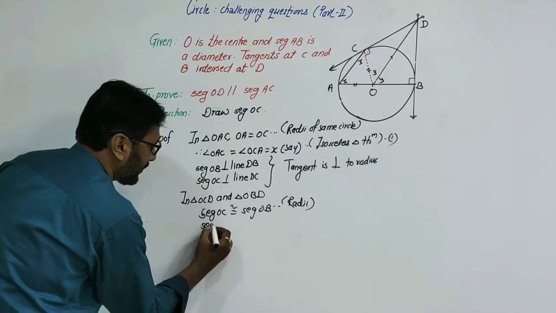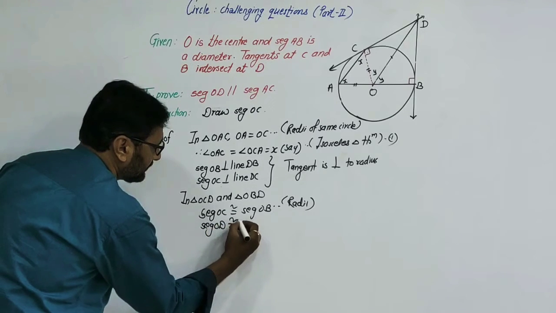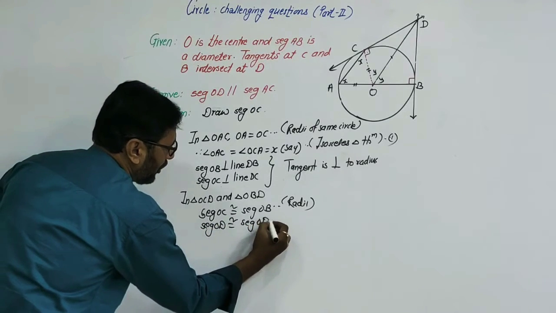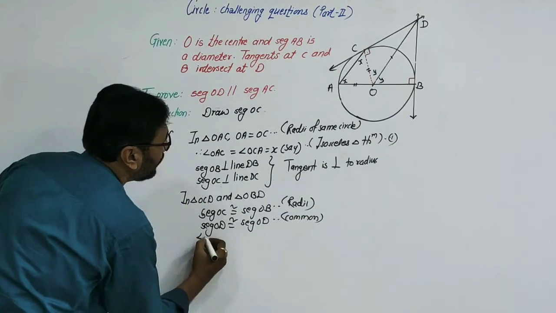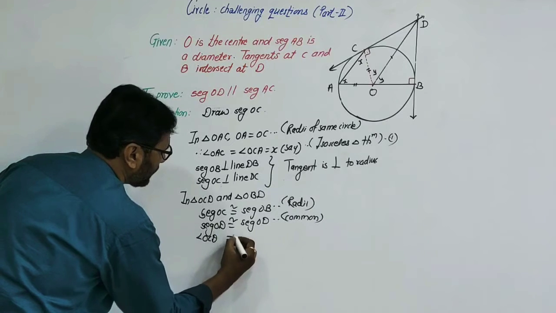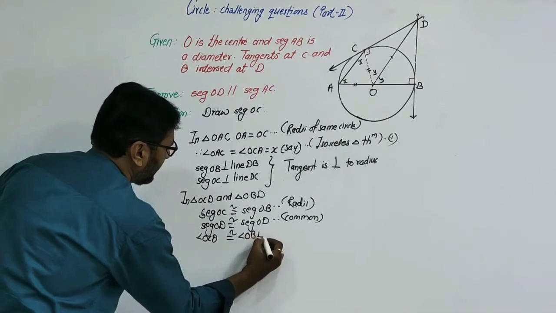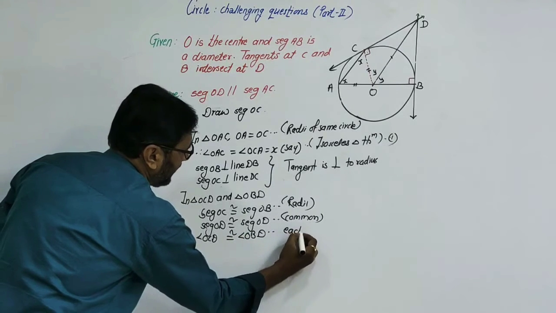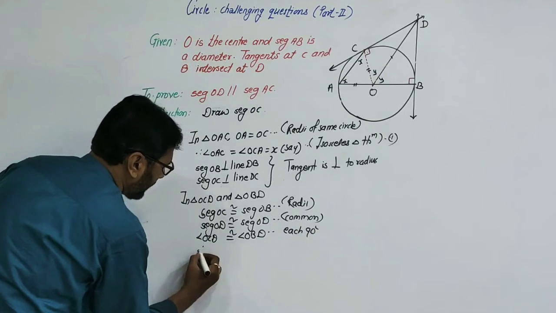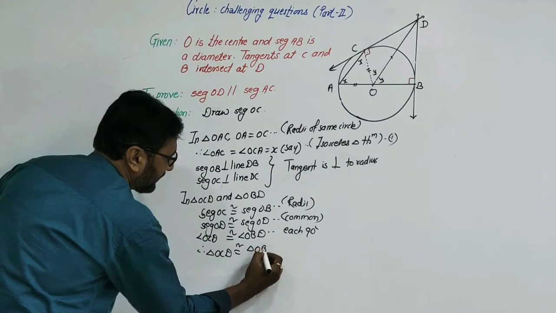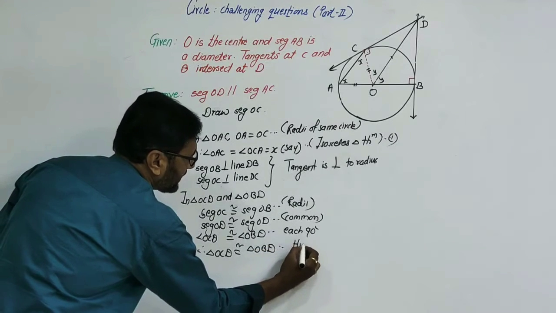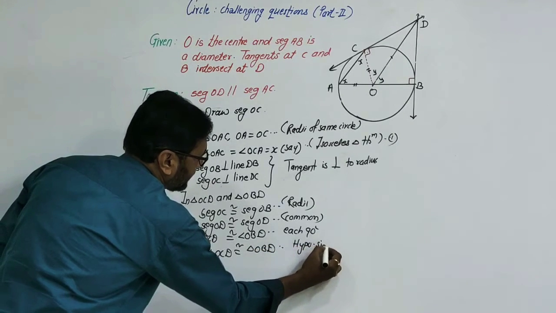Segment OD is equal to segment OD, common side, and angle OCD is congruent to angle OBD, each 90 degrees. Therefore, triangle OCD is congruent to triangle OBD by the hypotenuse side test